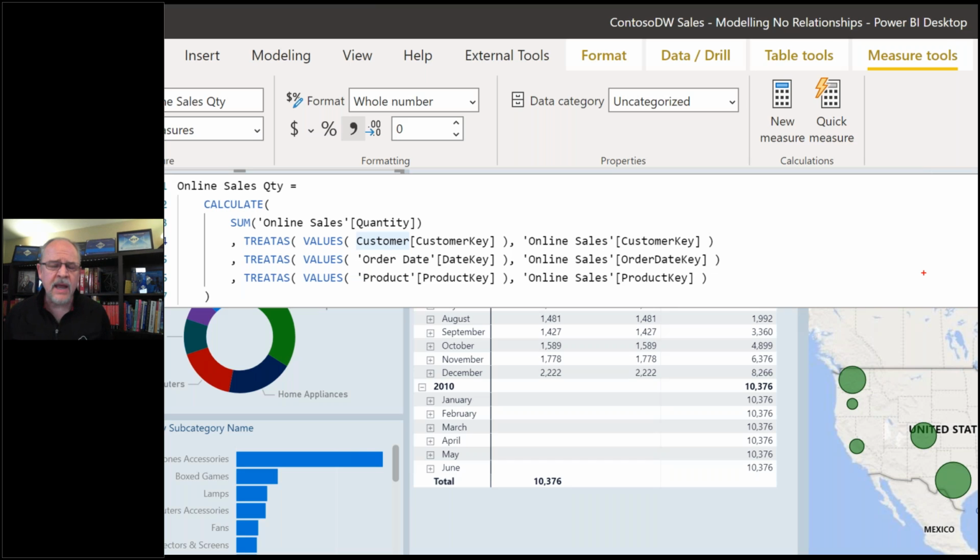If we had more time, what I would do is show you in DAX Studio, we would run a similar query in the model with all of the relationships and then run this one. And what you would see is that this measure spends all of its time in the formula engine, and other measures would spend more of their time in the storage engine.